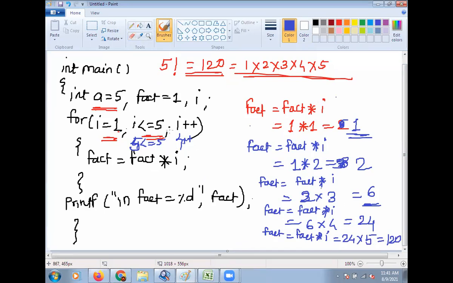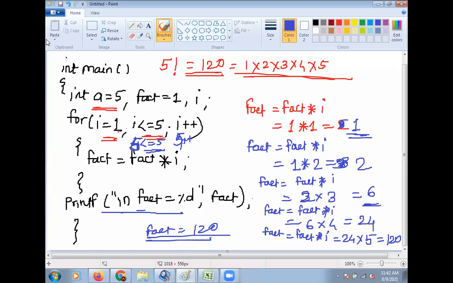So increment value of I, so here 5 plus plus, it becomes 6, and 6 is less than equal to 5. This condition becomes false. So go out of the loop and print fact. So you will get fact is equal to 120. Okay, समझलाय हा code? This is the code without recursive function. We will see with recursive function, the function calls itself again. Okay, is there any query in this code?